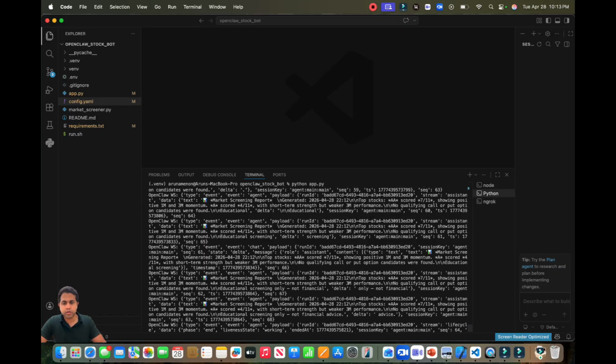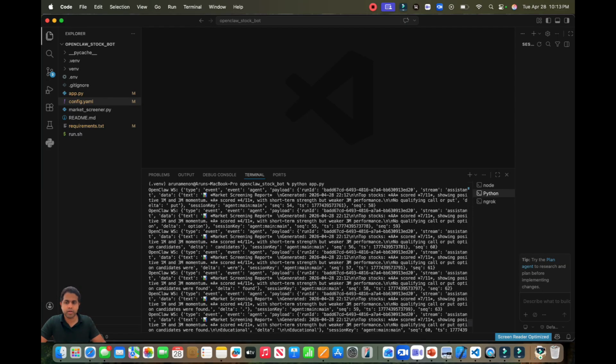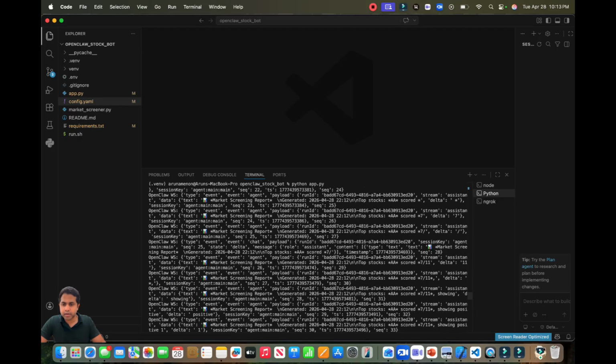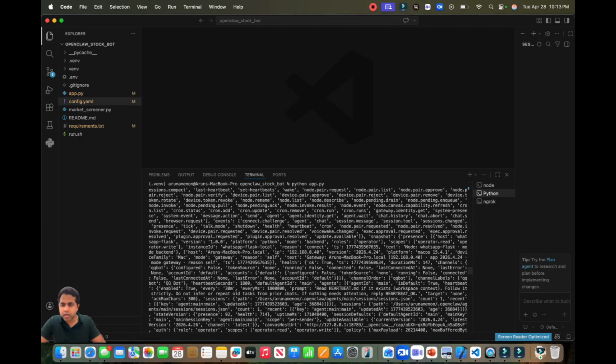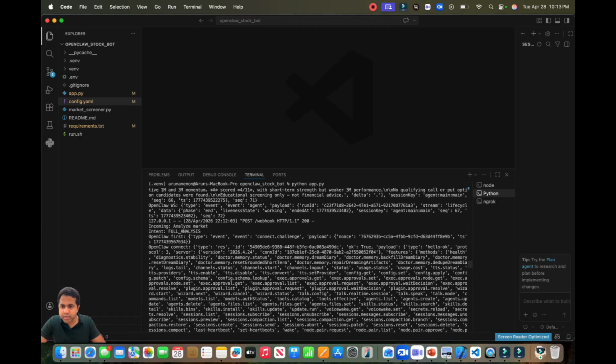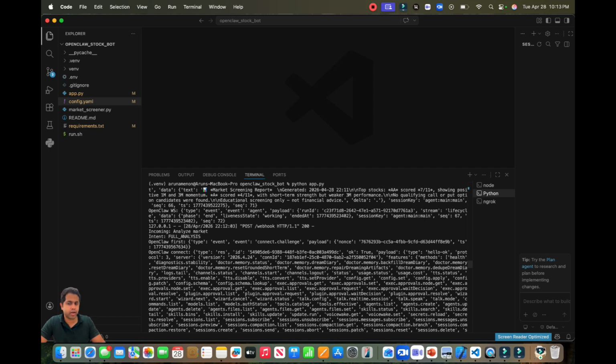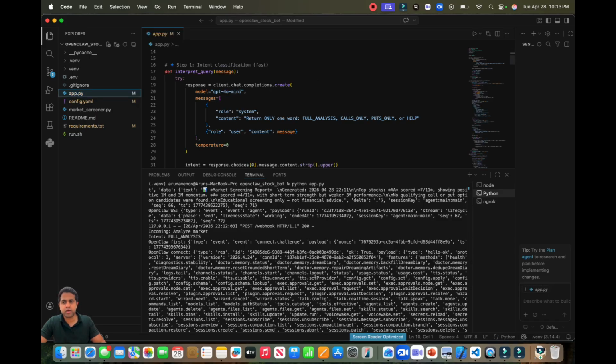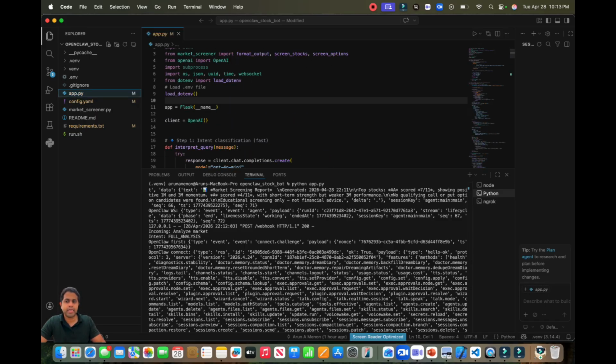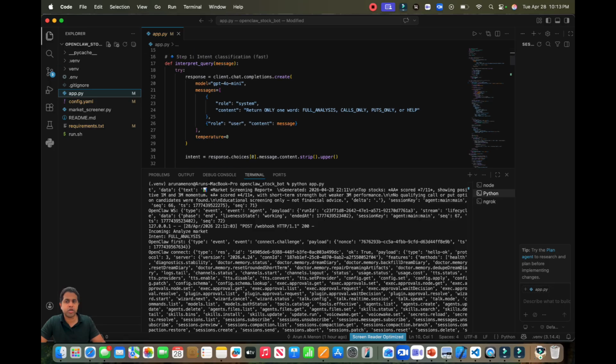So in VS Code, you can see the entire chat history. So here, if I go up, we'll be able to see that there was an incoming request to analyze a market. The intent behind the user query was to conduct a full analysis. Now this is done via the code base in app.py. The app.py has a function to interpret the user query to determine if it's a full analysis, whether call options are only needed, put options are only needed, or it's a general help instruction from the user based upon the